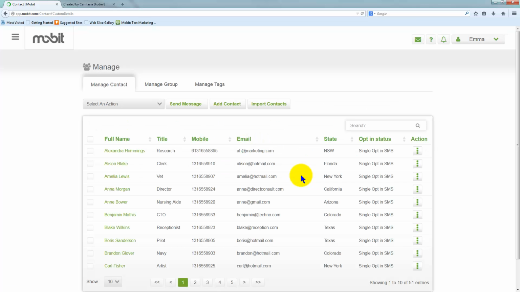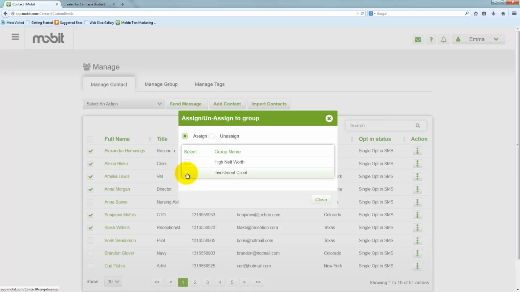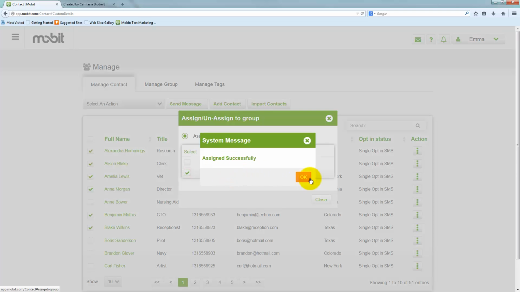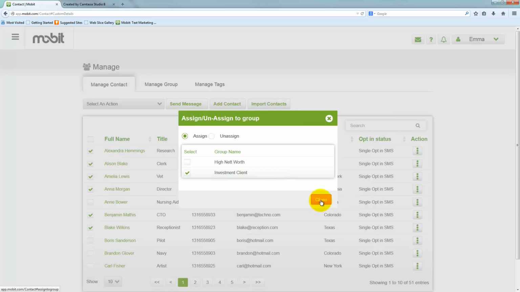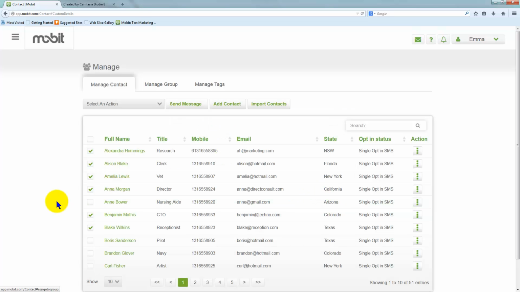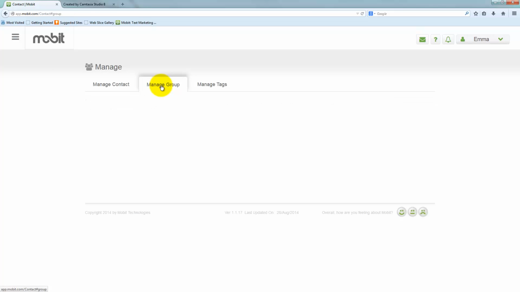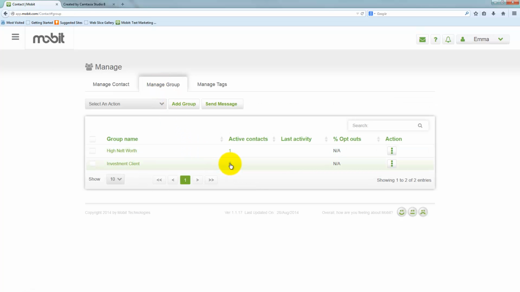Finally, let's take you through the group section, adding contacts to groups. Simply select the contacts that you would like to add to a particular group. Using the Select Action drop-down window, go ahead and click on Assign or Unassigned to Group. Click on the group that you would like to add those contacts to, and it's done. If we go to our Manage Group tab, we will see now that we have 6 contacts